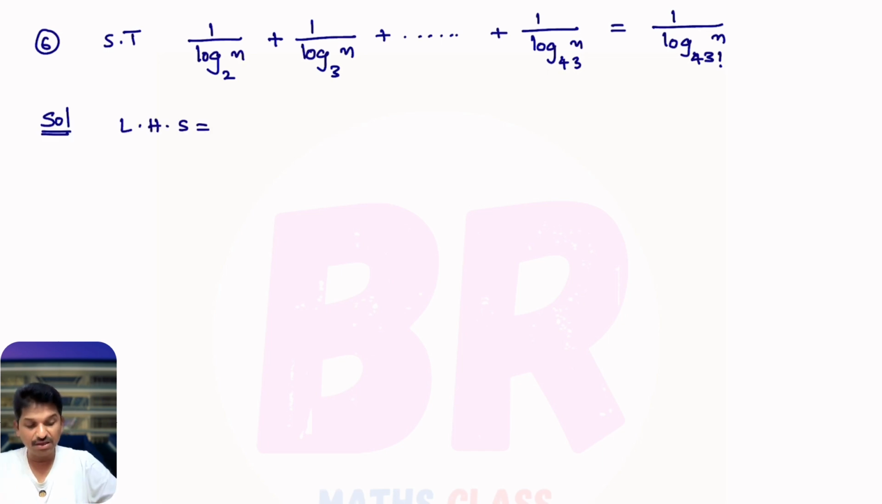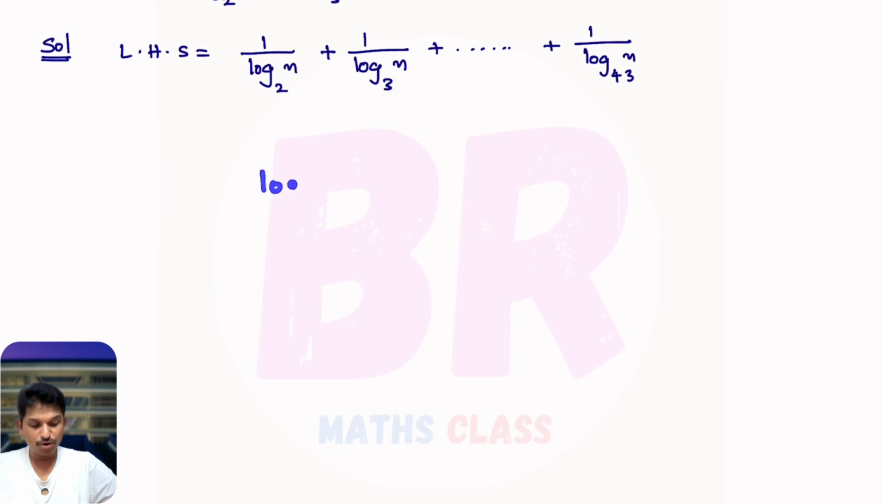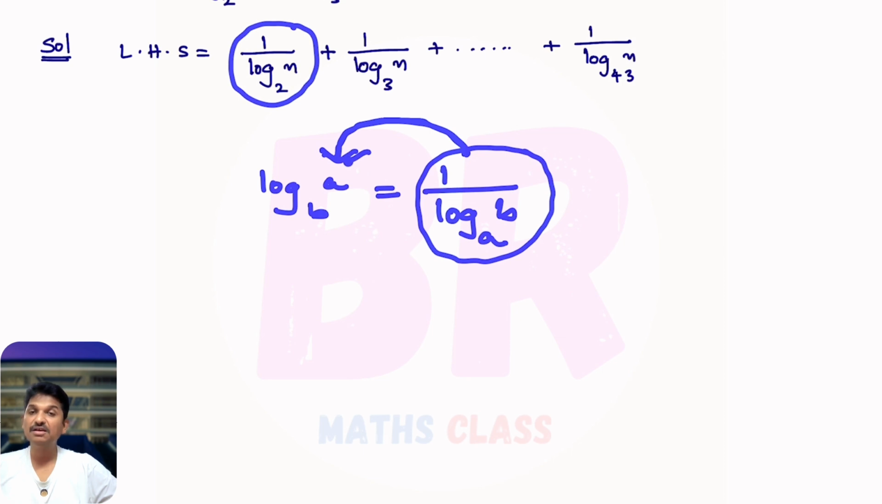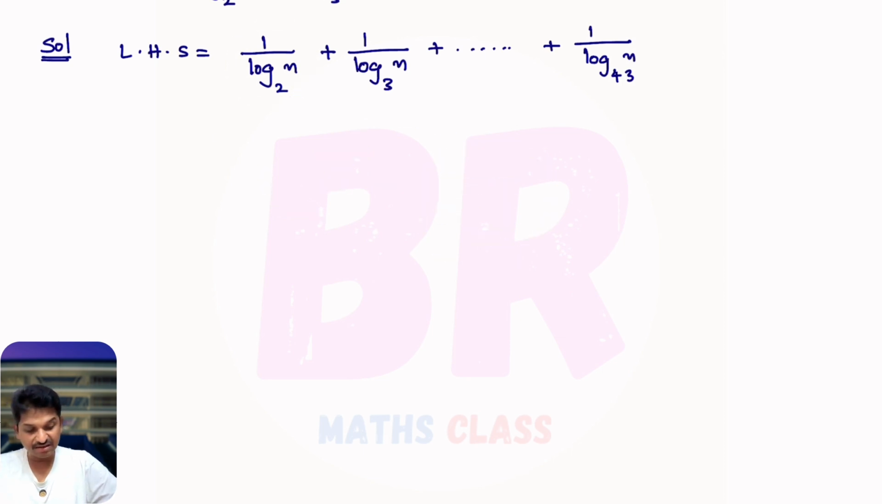First, I'll consider given LHS. See, you learn this property. Log A base B can be written as 1 divided by log B base A. Suppose 1 divided by log B base A is there, that can be written as log A base B, right? You observe this is 1 divided by log B base A. This can be written like this, right? So what this can be written as? This can be written as log 2 base n plus log 3 base n plus and so on plus log